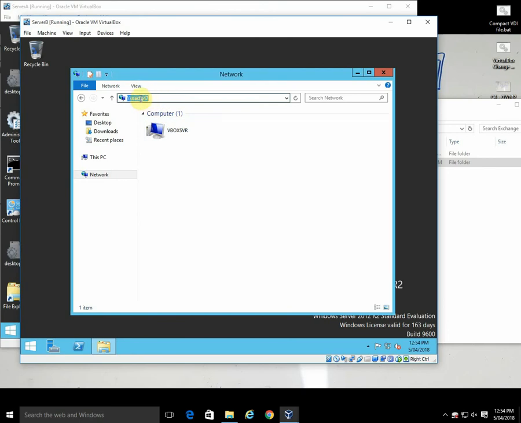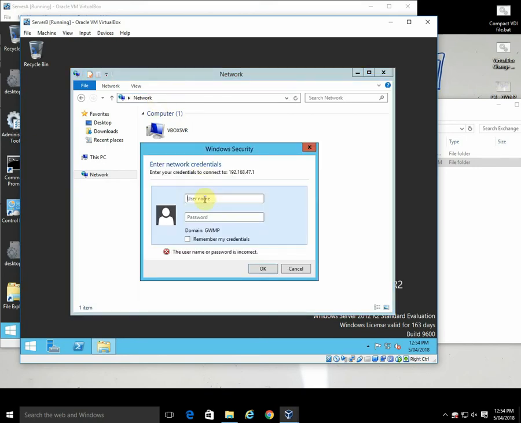Principally because it doesn't know how to resolve that name. So we can just give it the IP address 192.168.47.1, and that particular device, the NAS box, is in a completely different domain to what server B is, so we need to put the domain name in here, otherwise it's trying to go into the GWMP domain. So the domain that this one's plugged into is WWIT Labs, and normally you would just use all students and then password of student. I'm going to use my credentials,